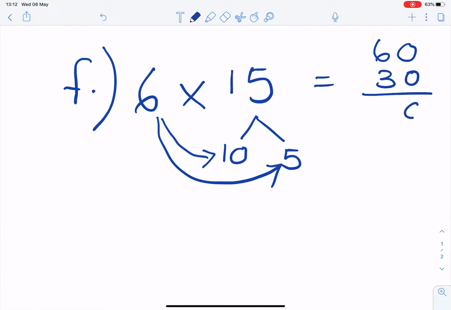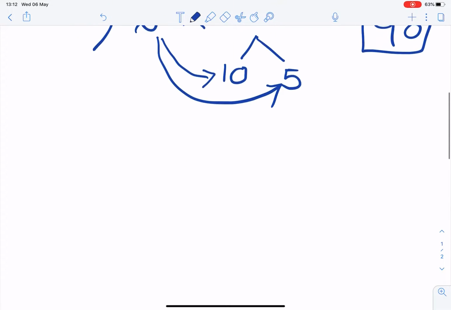And if we add those up together, we get 90. So 6 times 15 is 90. So I think you can work those out quite easily in your heads. Have a go. Once you've done that, and you only have to write answers, by the way, we will move